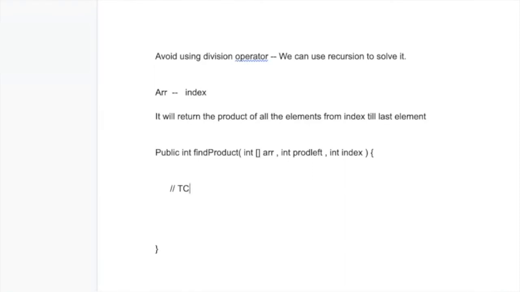We should keep on doing this till we reach the last element of the array, and only when we go beyond the last element of the array, I say that I should exit now. So if index is greater than or equal to array dot length, which means I've already gone beyond the last element of the array, in that case you do nothing but just return one.